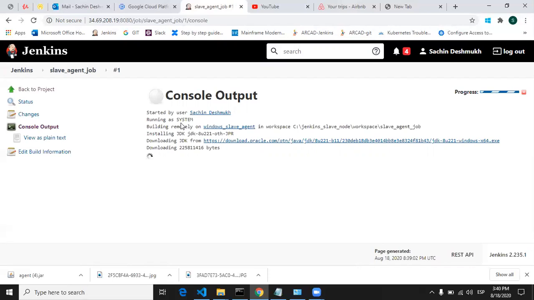Okay, so once it identified, because we didn't mention any JDK path to that slave agent, it will by default check for the JDK and it will download. So on your slave agent, the operating system where your slave is hosted, you don't have to manually install your softwares and tools. You just use plugins to install those softwares.